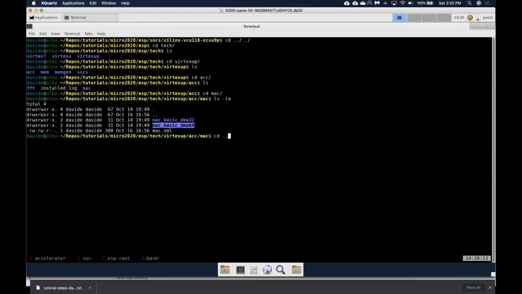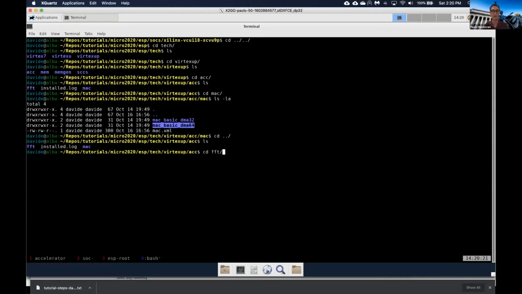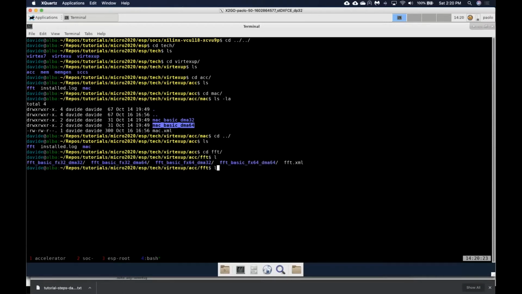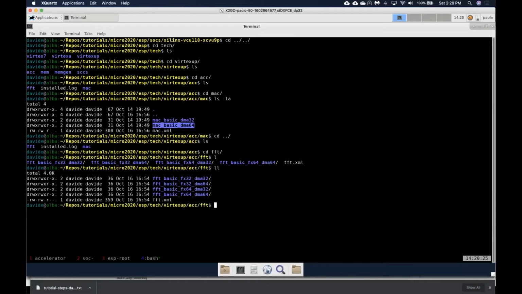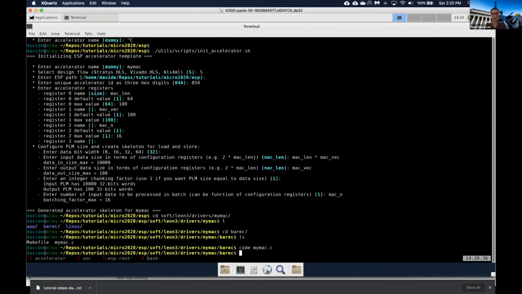And I want to add that we're also going to use one of the accelerators that is already in the ESP repository, which is FFT. Yeah, so you would have to do the same for FFT. So yeah, and those are the 4 folders that you need to create, so that then you can do the next steps even though you didn't run HLS. Exactly. And in particular, let me just show you that